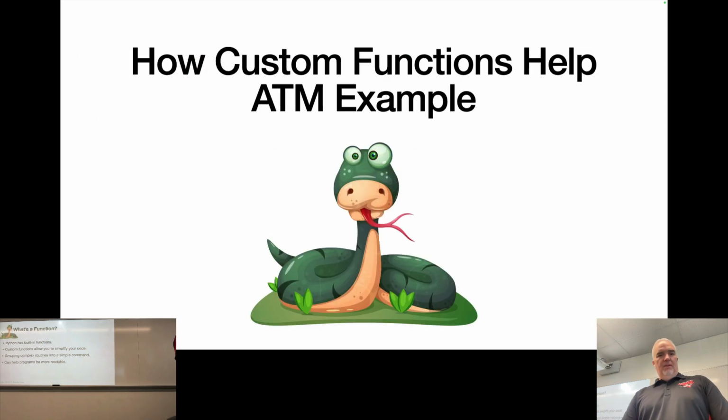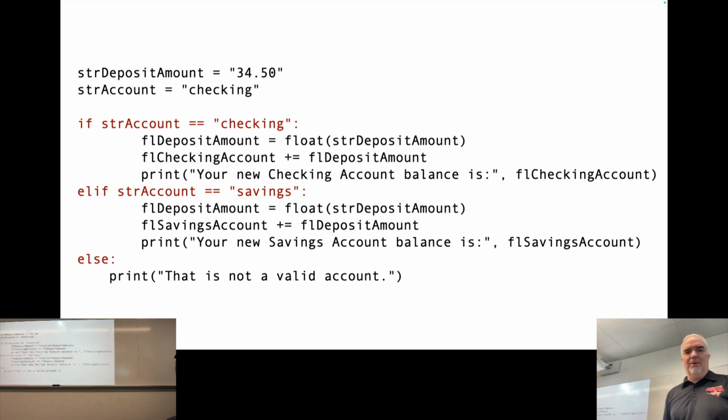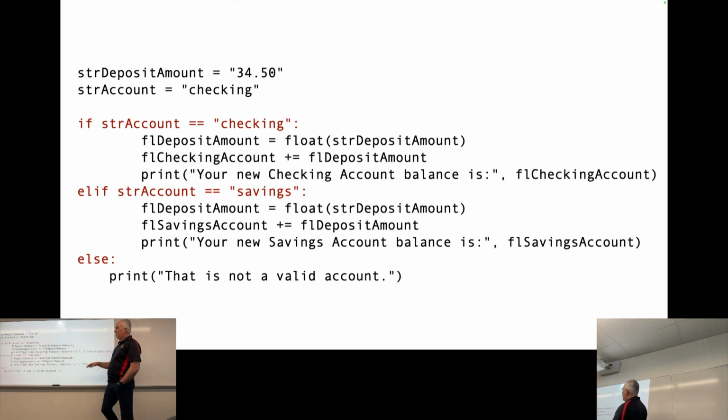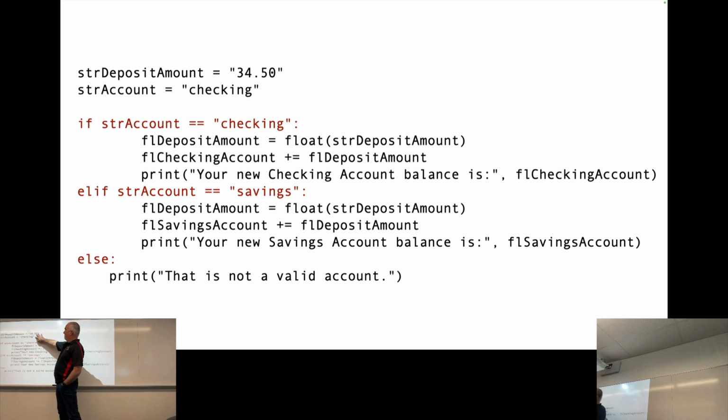Okay, so let's take a look at this example. This is module 5. We worked on an ATM assignment, so it might be something like this. If this is the part of the program that does the deposit, it's asking us which account do you want to use and how much money do you want to deposit. So maybe the user inputs 34.50 in checking. So it branches to checking, changes the deposit amount to a float because it's a string when the user inputs it, and then adds it to the deposit amount,